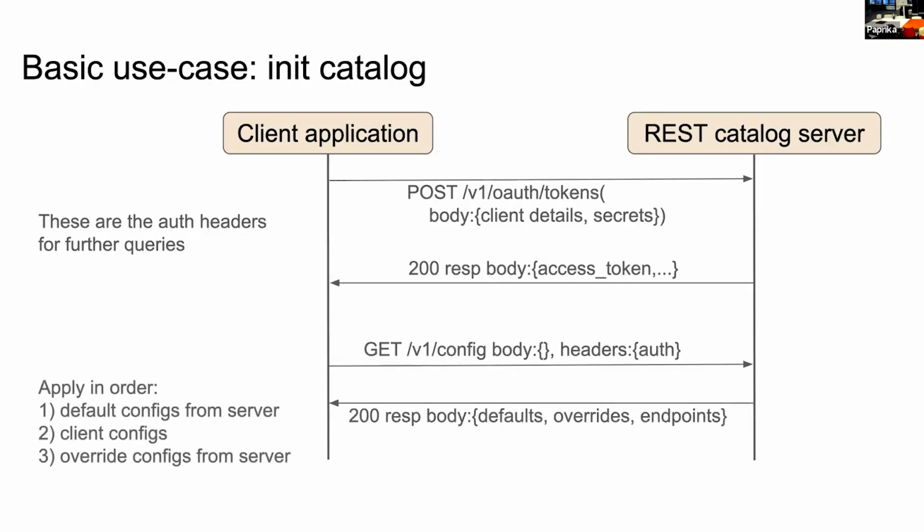These are the parameters that you have to set on the client side, and these are the endpoints that I support. Later, the endpoint is important because not all the REST server implementations have the same capabilities. So let's say that the view support on top of the table support was implemented later, and not all REST catalog servers support that. So these will omit the view endpoint from the supported endpoints, and will let the client know, because then the client won't be just firing these unnecessary queries to the REST server.